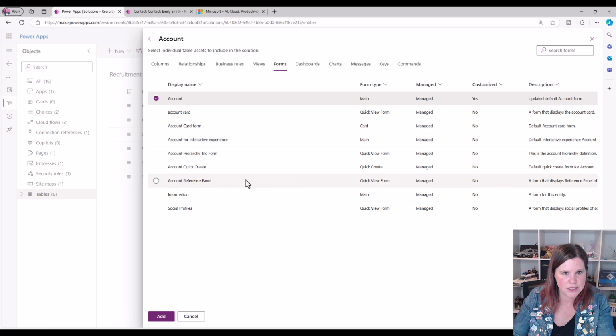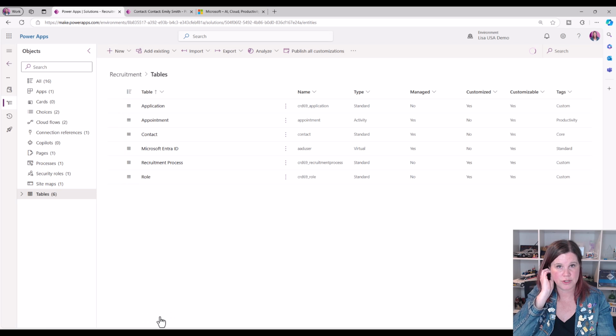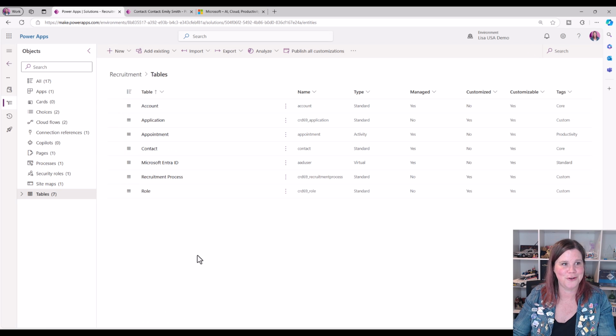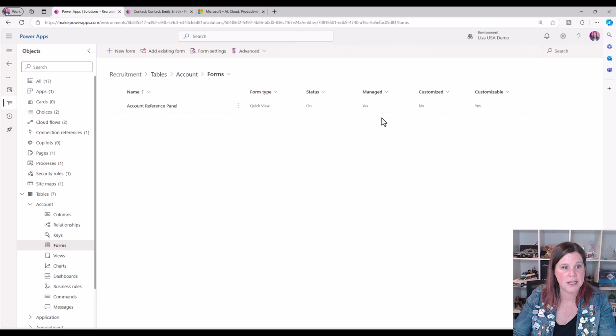I want the one that's called the quick view form. So there's an account reference panel. That's the one that's out of the box. Again, if you're working with a custom table that you've created, you won't necessarily have those in there, but I just want to show you these pieces that are already there. So if I click through into account now and have a look at the forms,